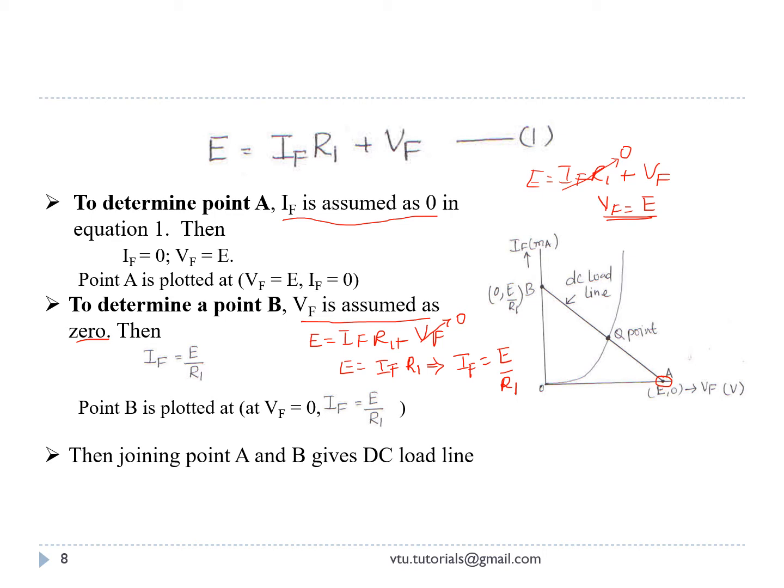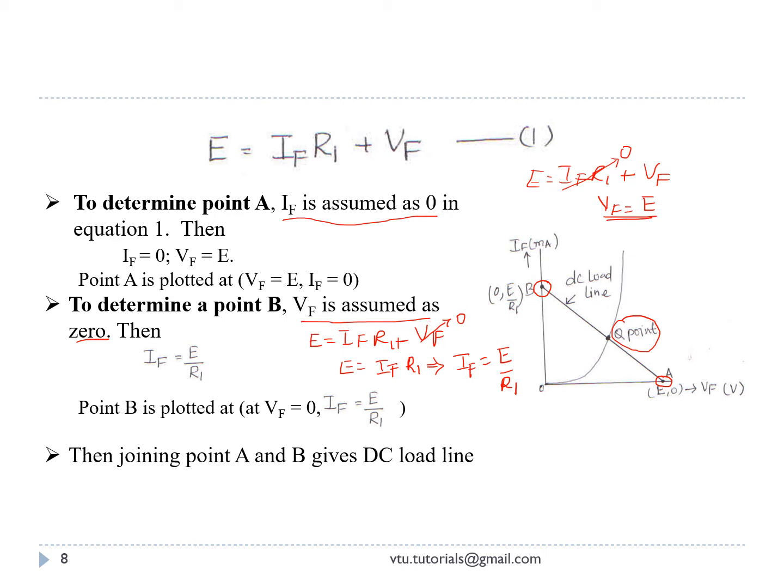Now this will be the point B on the y-axis with 0 comma E by R1. So by joining point A to point B, we'll get the DC load line. And this DC load line is going to intersect at the point Q, called the quiescent point. This is the intersection of the forward characteristics curve and the DC load line. So this is how we are going to draw the DC load line,